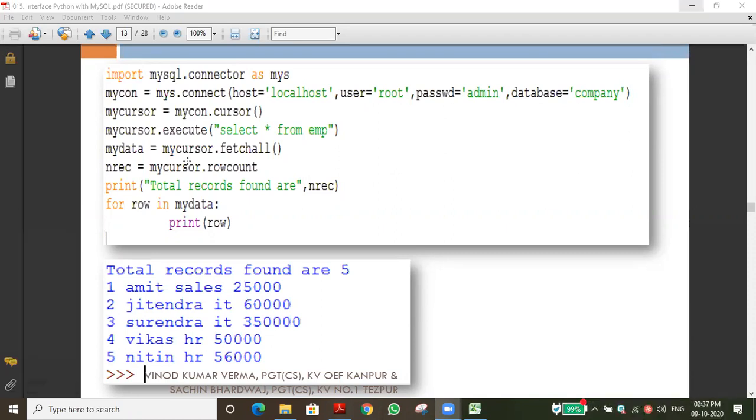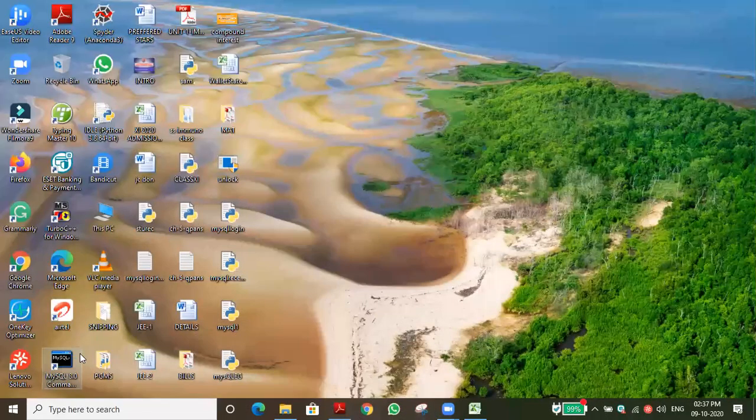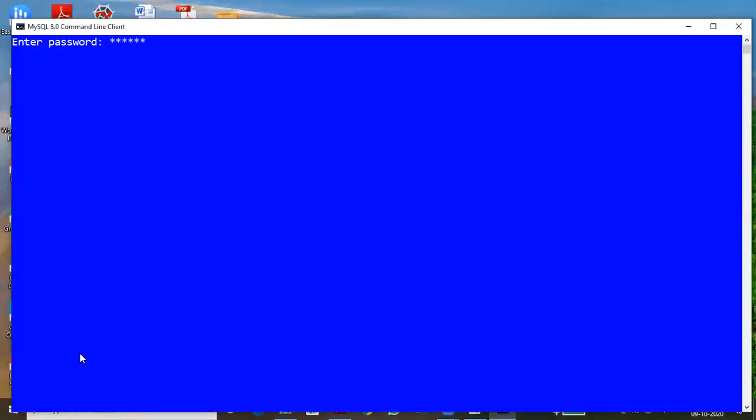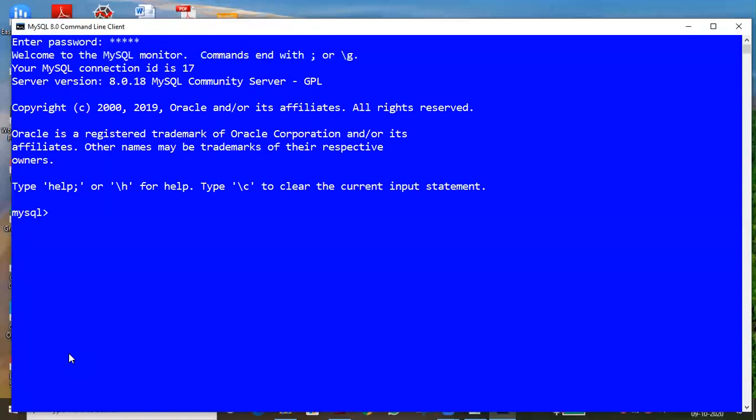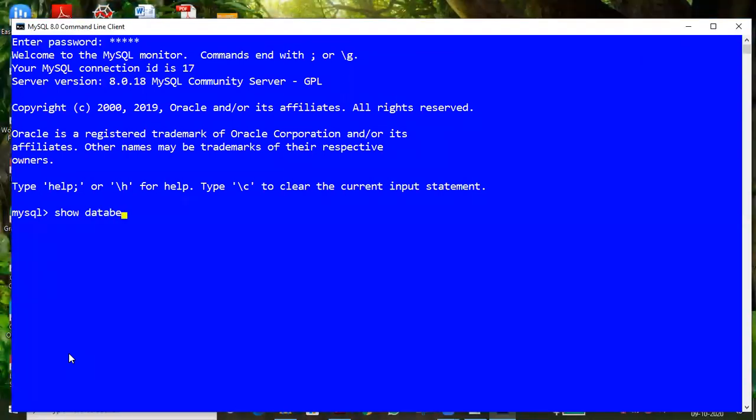Okay, let me do our own work. Let me open MySQL. I think the password is wrong. I forgot the password. 1 2 3 4 5. Yeah. So shall we show the databases? Yesterday we created my table, where did we create it? NCRT? Is it NCRT, sir? Yes, I think. Student is a table name. No, sir, it's my table, sir. Okay, first the database is NCRT.